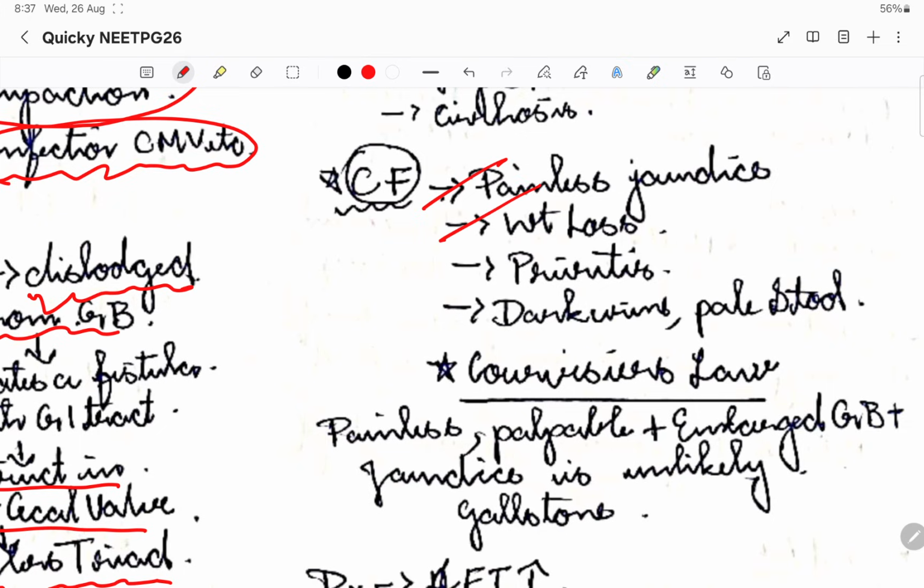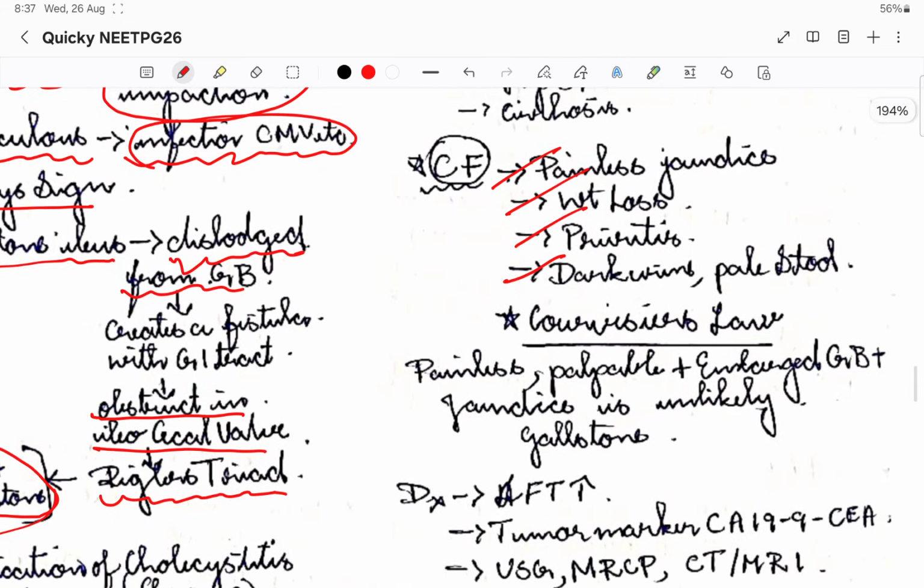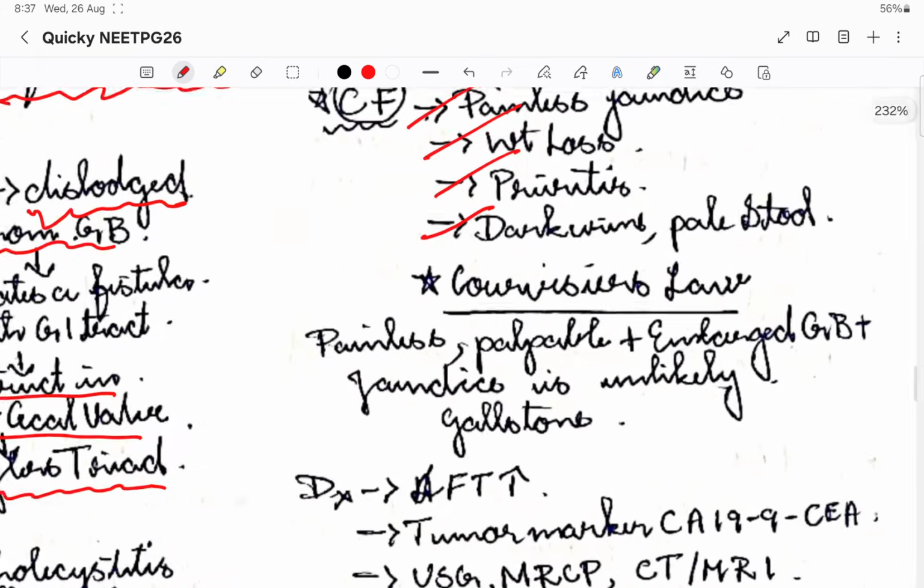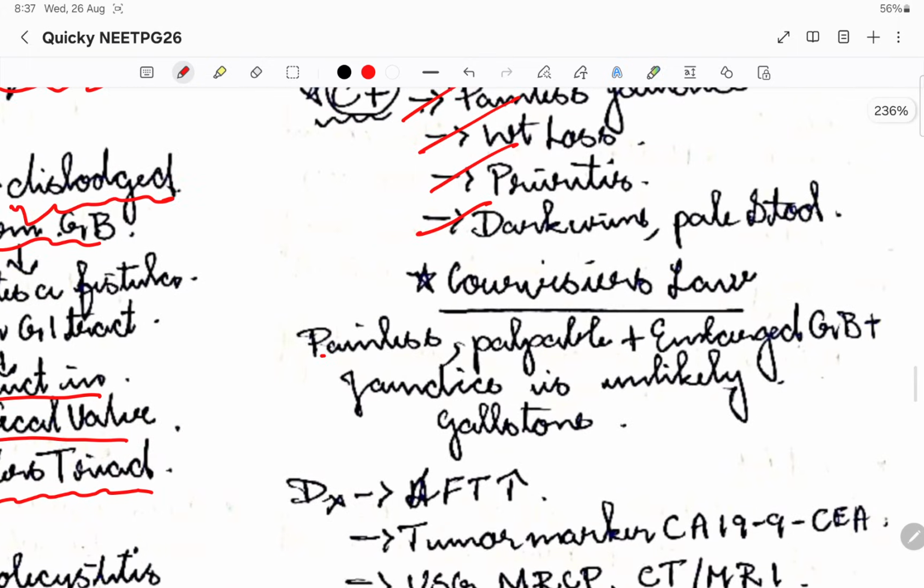Weight loss will be there, pruritus, and dark urine or pale stool will be there because of the obstruction that is caused by the gallbladder cancer. Okay, so I was telling you about Courvoisier's law, right? So basically it tells that painless, palpable and enlarged gallbladder plus jaundice, it is unlikely that